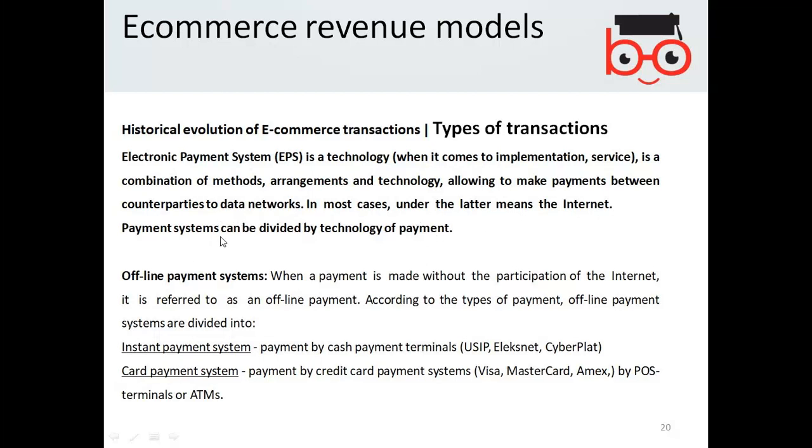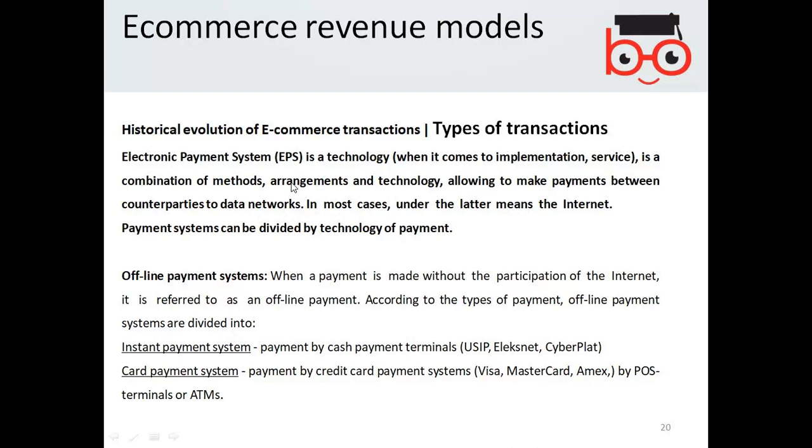Payment systems can be divided by technology of payments. So paying by your card at a point of sale is also a kind of electronic payment. Is it correct to say?